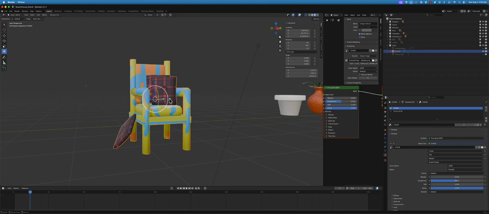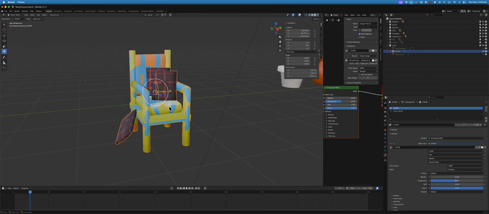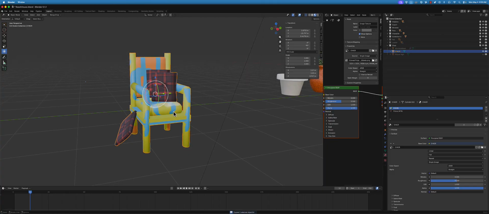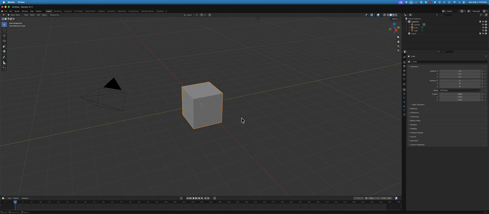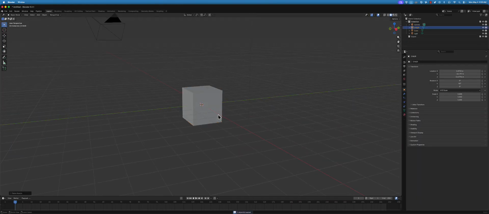So I think a faster way is we hit Control or Command C to copy this to bring in another scene. I was thinking maybe there was an export to Blender, but I think this is the easiest way. And then I'm going to open a fresh Blender scene. So here I am in a new scene. I'm going to hit Command V